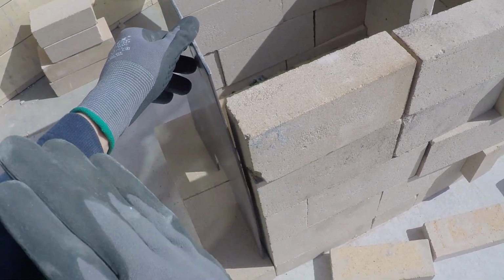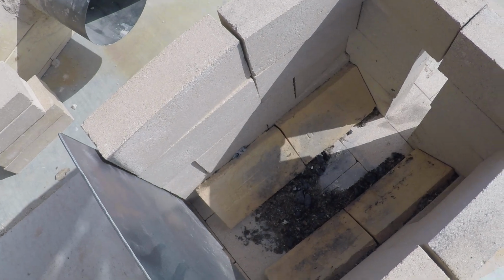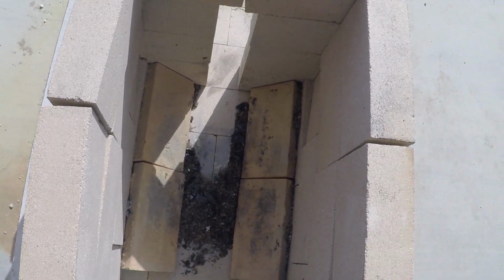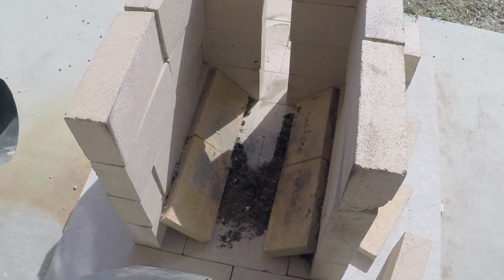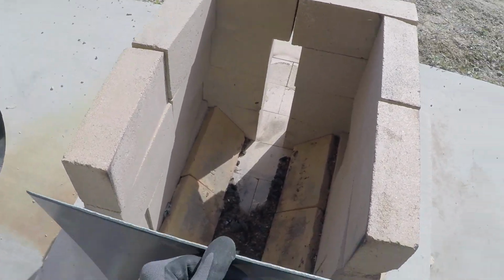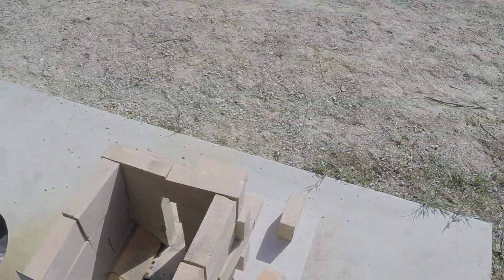and you can see how much it curved. It's almost curved like a crescent just from the heat. Warps the steel. Again, it was just for mock-up and test burning, and it worked very well. And then